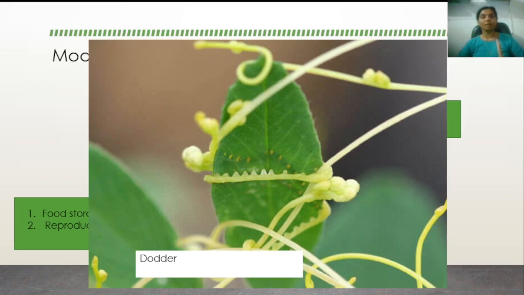Now, what are parasites? Parasites are living organisms which cannot produce their own food and they do not eat like other organisms either, but they live on a host and they suck the nutrition out of the host. So the dodder plant is a parasitic plant because it sends its parasitic roots into the leaves of the host plant and drains the nutrition from the host plant. Eventually the host plant will become less healthy, but it will not completely die. And the parasitic plant will continue to grow on the host plant.